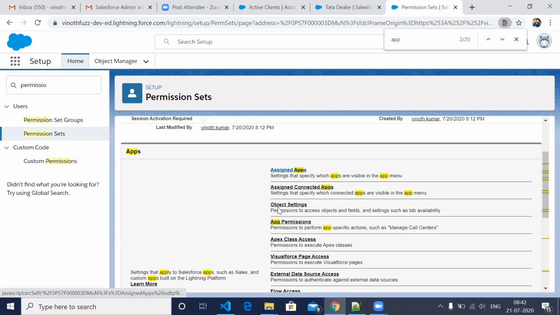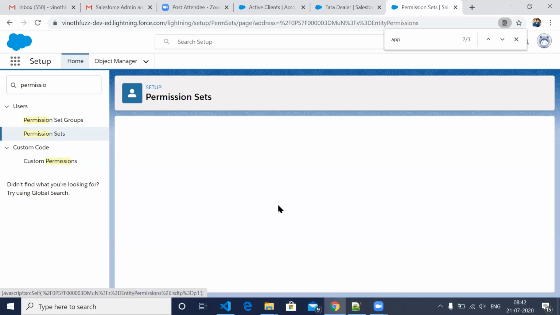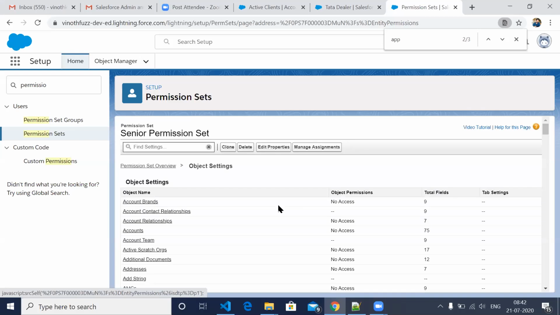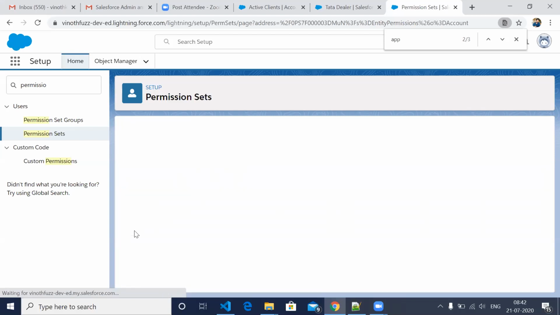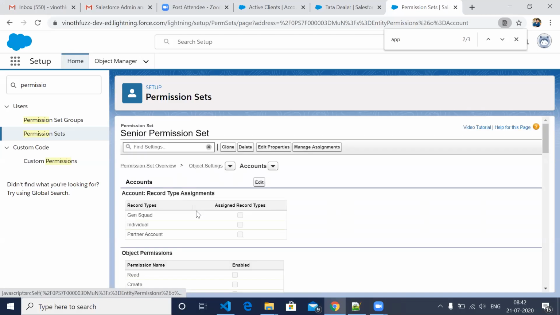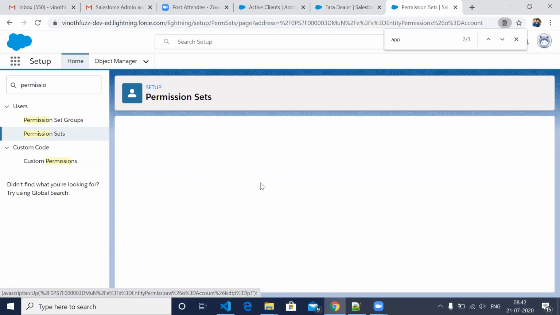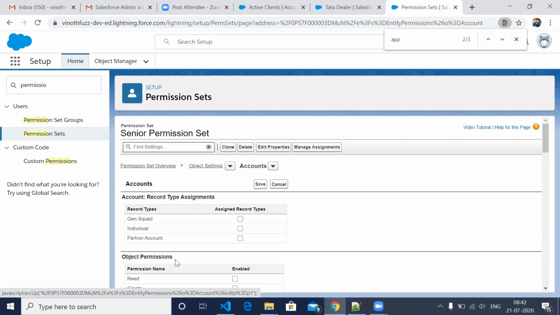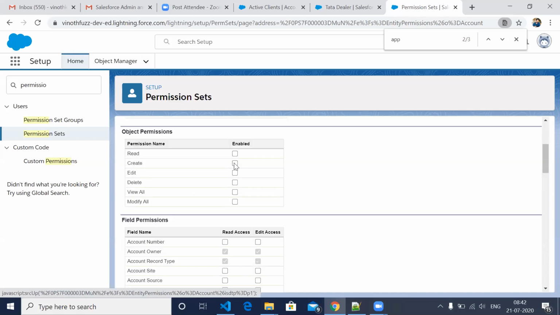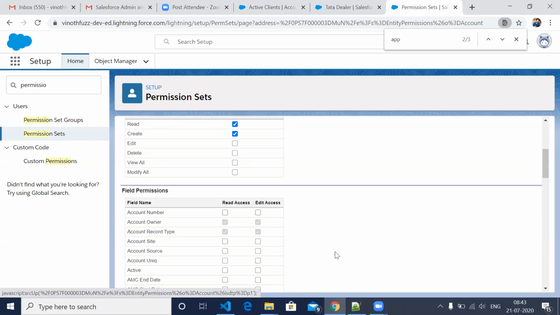If you go to object settings, you can see which objects you can give access to using this permission set. They have no access and everything. So if you want account, you can go to account and I can give some permission. So edit it. So here delete, create and some field access.